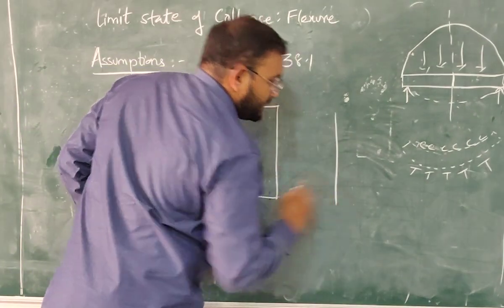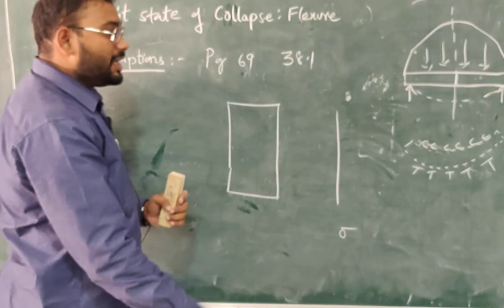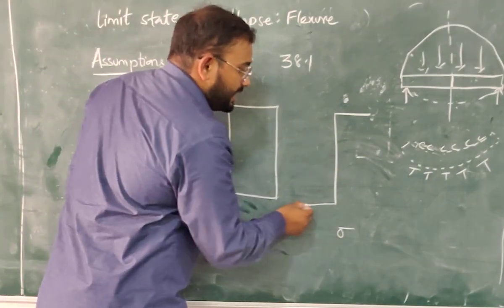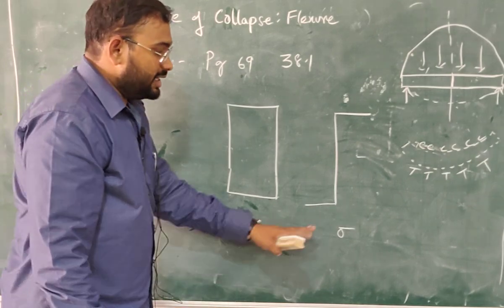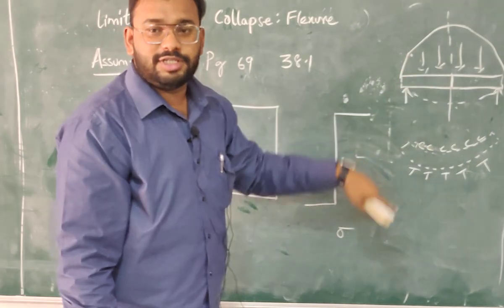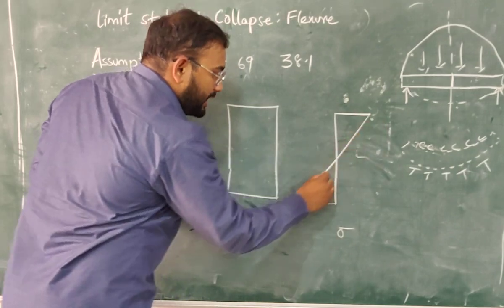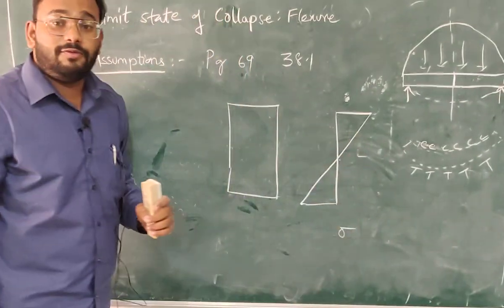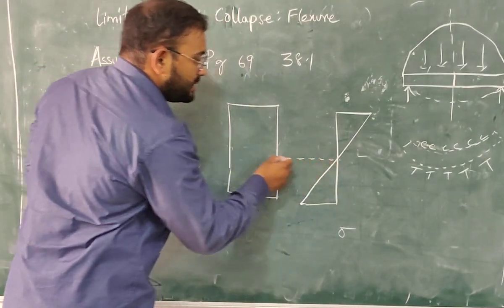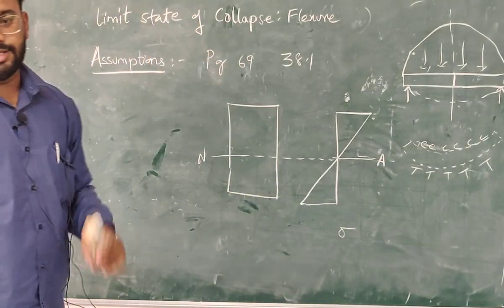If you draw the stress strain diagram, what is happening in the beam? Top part is getting compressed, bottom part is getting tensile. Now I need to draw on either side of the line because these two are opposite in nature. Compression is opposite to tension. So I am drawing on either side of the line. Now if I join these 2 points, there will be some point in the beam where there is zero compression, zero tension. So this point is called the neutral axis. Neutral axis.